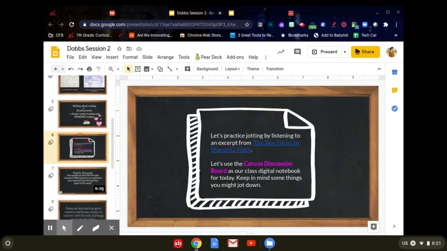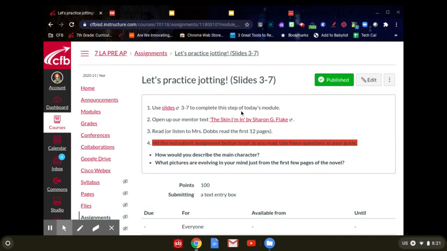So we're going to practice that. I'm actually not going to record myself reading it, but you'll open up The Skin I'm In. It's linked right here. It's also linked in Canvas. Read the first 12 pages, just the first chapter, and then I want you to use the Canvas discussion board just to practice jotting. So all I mean by that is you're just going to come back right here. You're going to hit the red submit button, and then you're just going to do some jots off of that